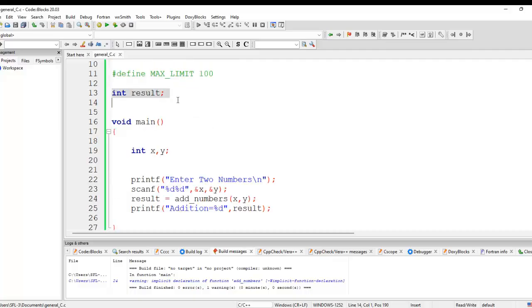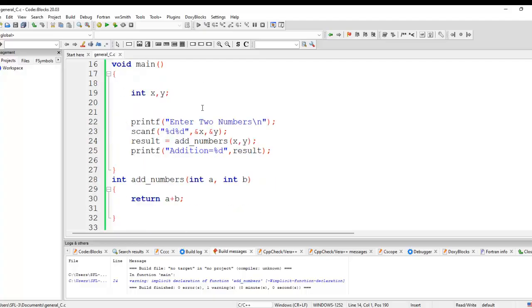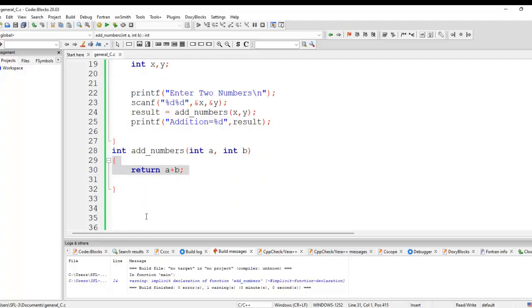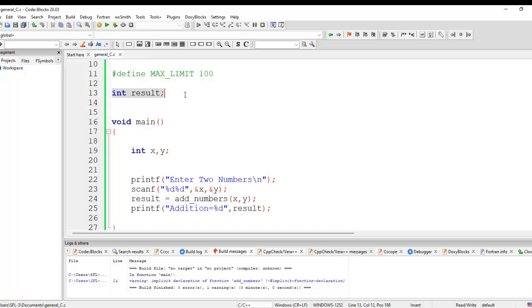Global declaration section: the water tank. This result is shared globally, here and to any other room as well, right? Here we have created only one room, the kitchen, but this is visible or shared by all the rooms available in our house.